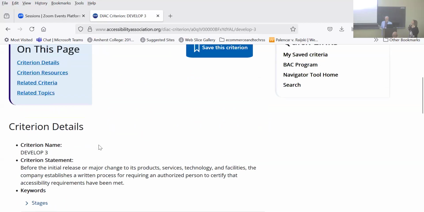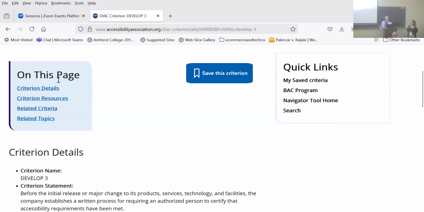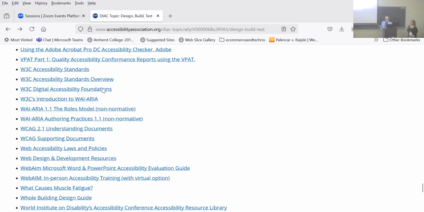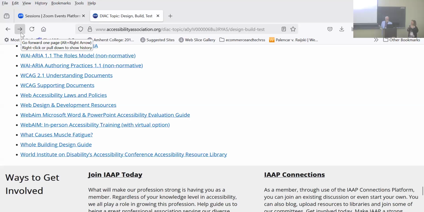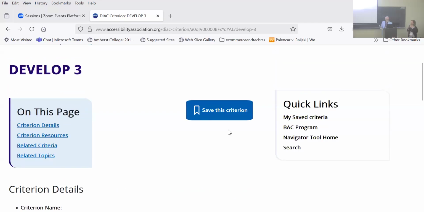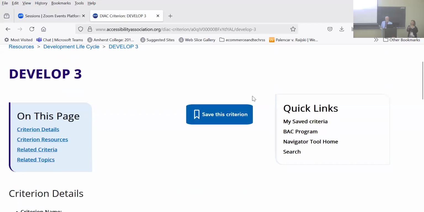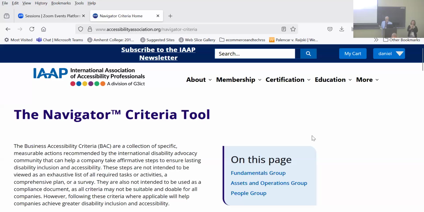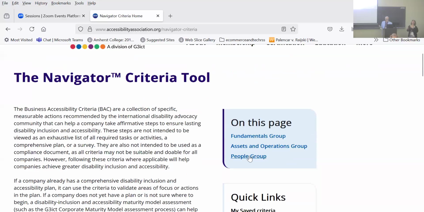Yeah, so for each of the criterion, we tagged which roles that we're aware of might be affected by this or might take responsibility to take this action and make it real, right? So that's the thing. And it will be different for many organizations. And in some cases, a person may have multiple roles, right? I mean, we see this a lot with smaller companies where the designer is also the developer and is also the tester, right?